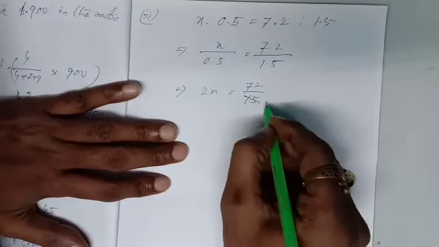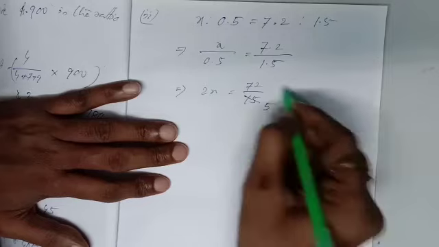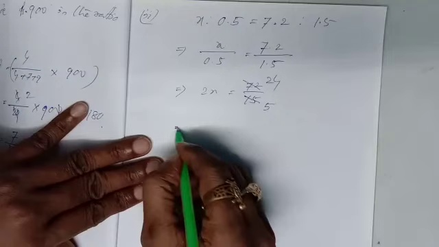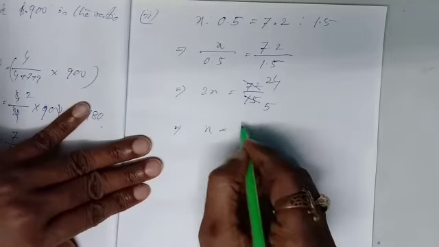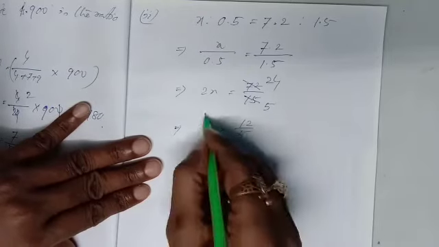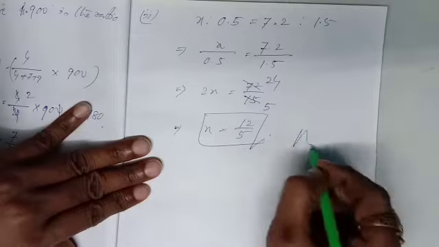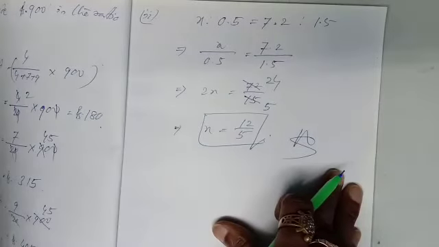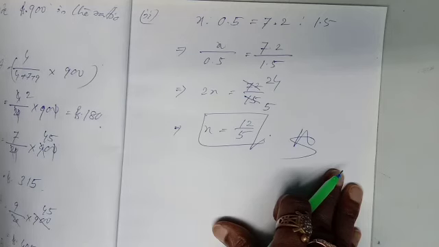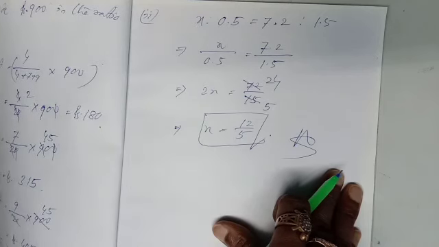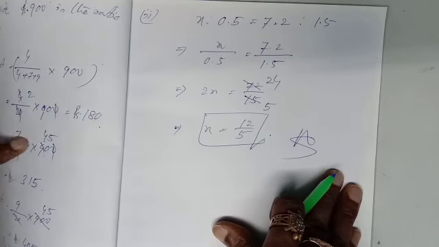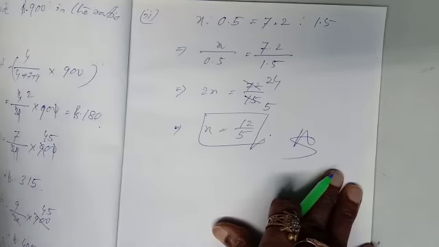This will go by 3. 3 5s are 15, 3 24s are 72. Next, x will be 2 divided, means 12 by 5. So what is the answer? The x is equal to 12 by 5. In this way, I have completed number 3, number 4, first part, second part. Okay. Number 2 also completed. Number 1 also completed. Thank you for today's class.